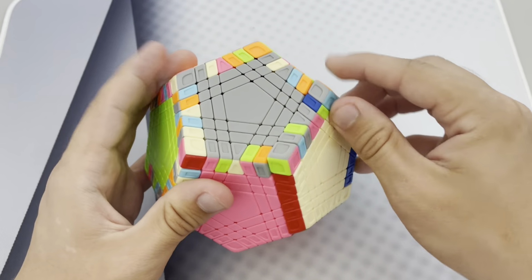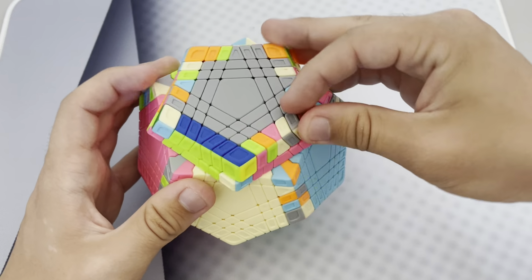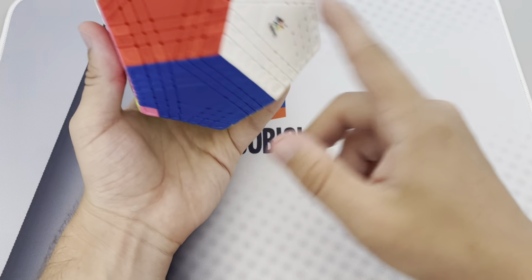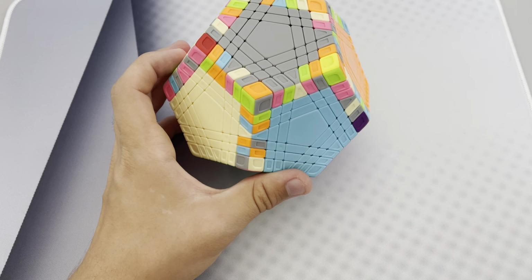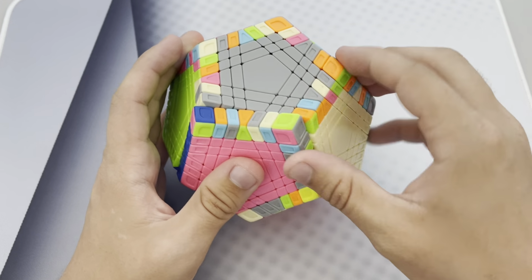And it's gonna go in just like that, turn it over, and the corner was already paired with it. It's great. Turn this up and turn that in. All right, so now that we have done this entire bottom half of the Megaminx and the whole middle, we don't need to worry about